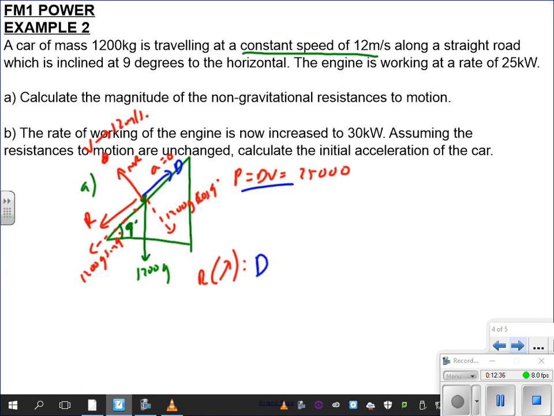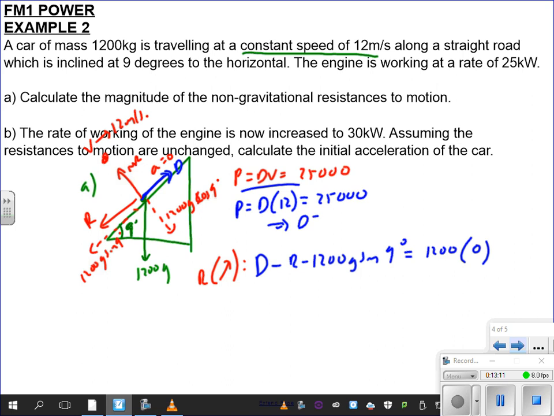The minute I write that, really I should be putting a D on my diagram straight away. So I have D minus R minus 1,200 g sin 9 degrees, right? Equals mass 1,200 times acceleration, which is 0. So I want to find R. I've got a D, which I don't know yet, but I can find it from P equals DV. So P equals D times our velocity at the time, which is